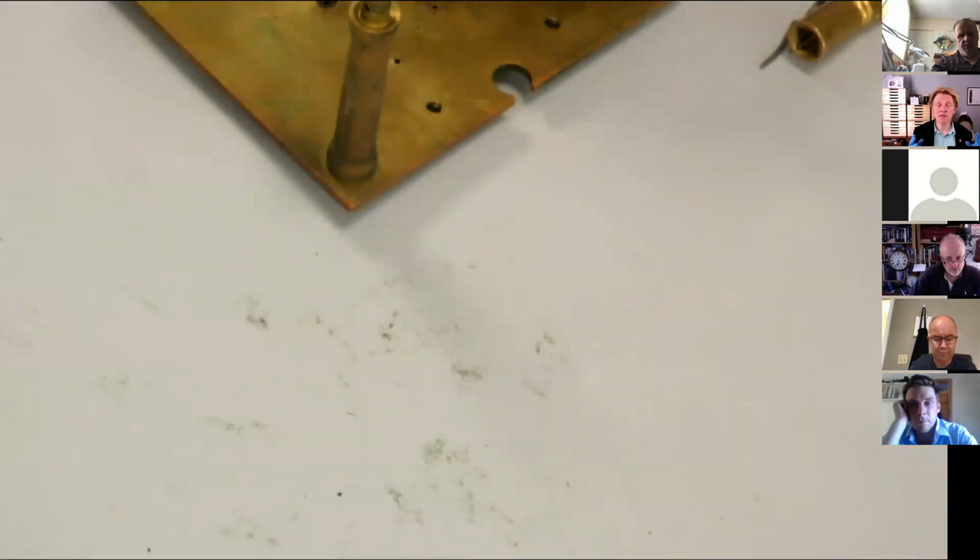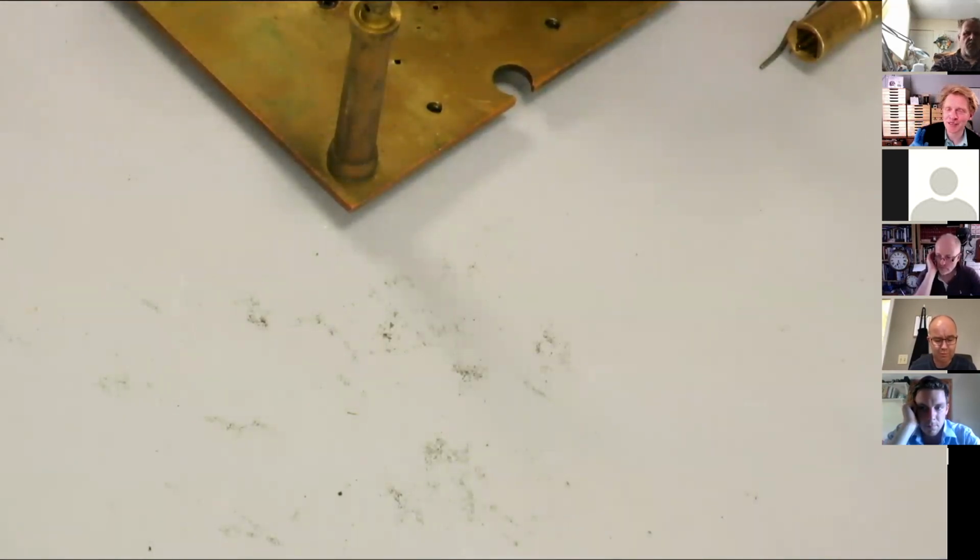If you were starting, I would strongly advise that with every clock you do a train count. So that's counting the number of teeth on the wheels and the number of leaves on pinions. It's great for at least two reasons. One is that if you ever get a clock in future with missing wheels or wheels that you think have been changed,